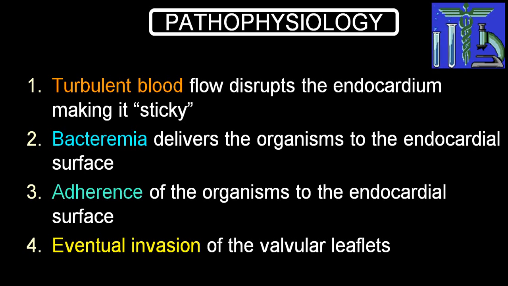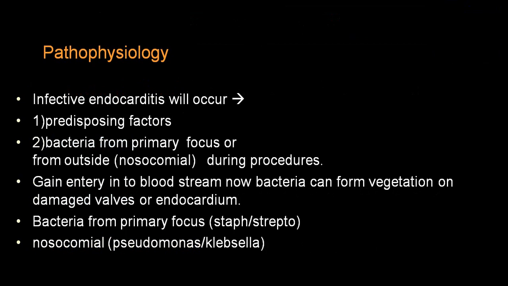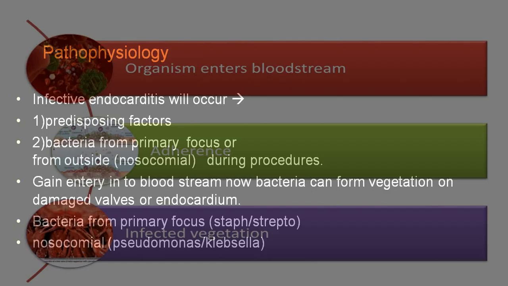It also gives rise to what we call an embolic phenomenon, the Osler's node. But in case of immunological mediation, there is an immunological response and it can give rise to immune-mediated findings like glomerulonephritis, Roth spot, or Janeway's nodes. So these are the different findings you can come across in the pathophysiology. We have already explained all those parts.